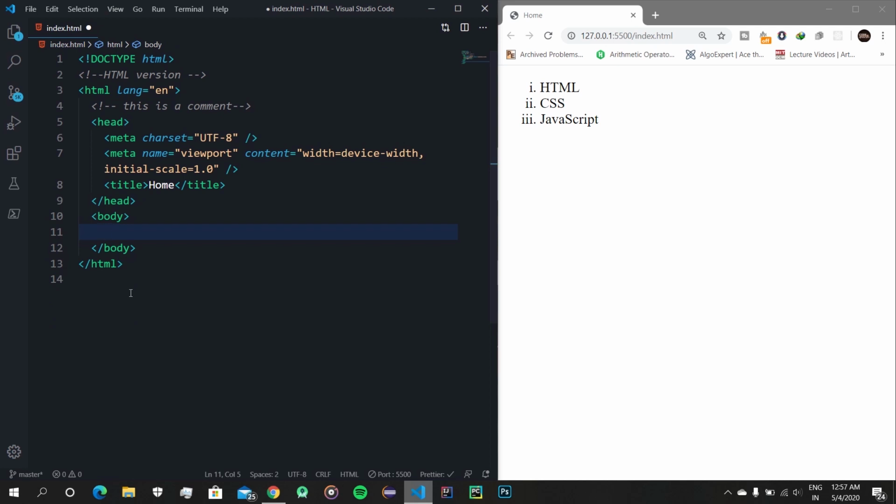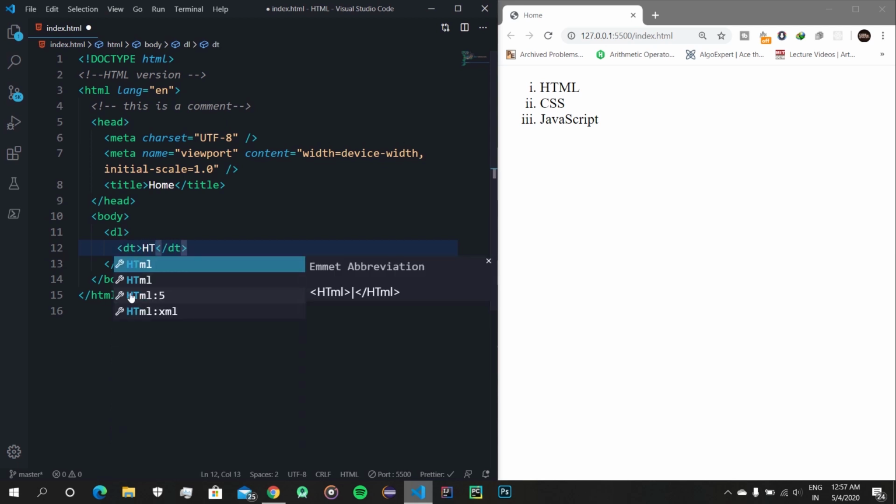We do a tag called DL, and just bear with me for a few seconds, I'll explain this to you later. And inside this DL there will be a DT tag for the items, and let's do HTML like we did before.